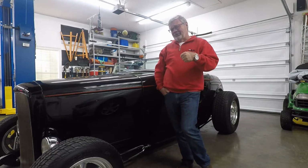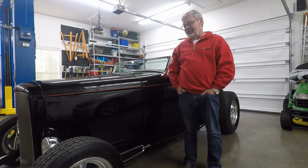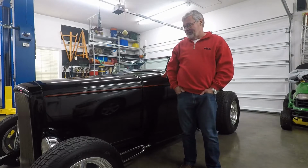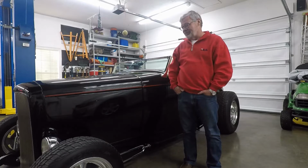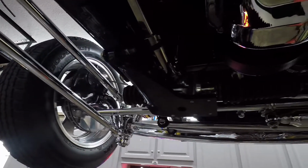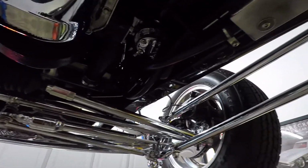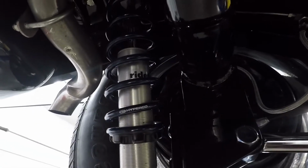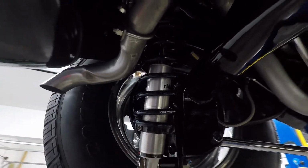So we bought a couple of older cars and just did some work on them and drove them for a couple of years. And I was getting older, and I said, well, I really, really would like to have a 1932 Ford. This is probably going to be the best one that I've ever had. So just start from scratch and build it the way that you would want it to be. And it took probably about a year to get it running and going,